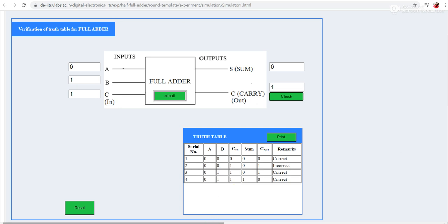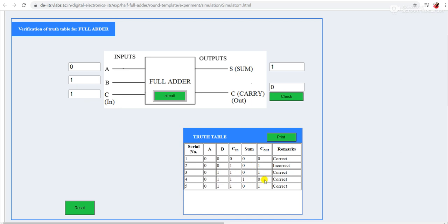Again there is some mistake in the simulation of this condition 0 1 1. Once it gives you the correct remark for sum equal to 0 and carry equal to 1, and for 0 1 1 with sum equal to 1 and carry equal to 0 as well.